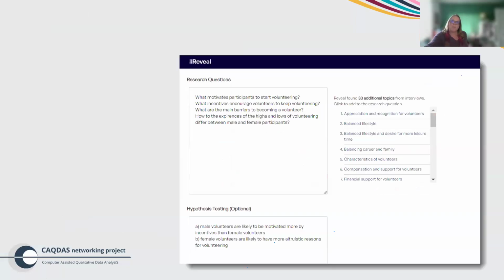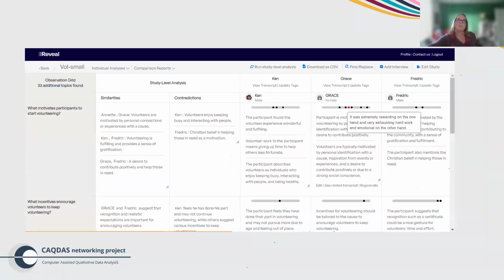Another new app, Reveal, will generate your topics, it calls them, rather than themes, based on your research questions and a few other things, and then give you a comparative view. So you ask a question. Here's a very simple question: what motivates participants to start volunteering? And it gives me a study level analysis.